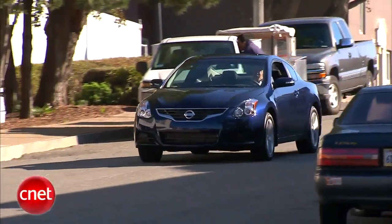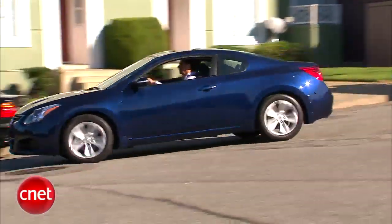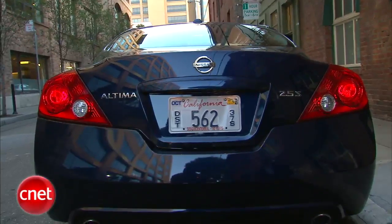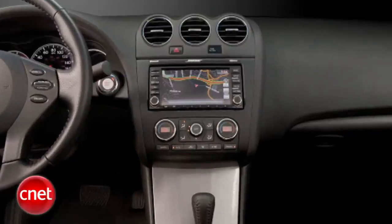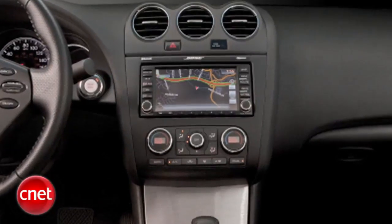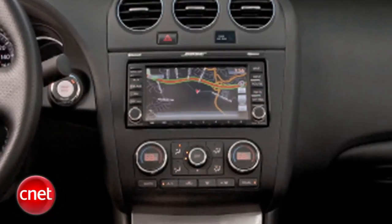First off, we're talking today about an Altima Coupe 2.5 4-cylinder, and we'll snoop around the engine bay in a minute. There's also a 3.5 V6. This 2.5 is finished in navy blue with a charcoal cloth interior. Frankly, it's kind of dowdy in person. The optional navigation head unit is hard drive based. It bumps you up to a necessary 6.5-inch touchscreen LCD with XM nav traffic, XM weather, Zagat restaurant listings, all